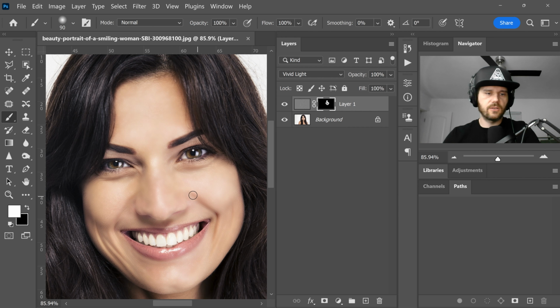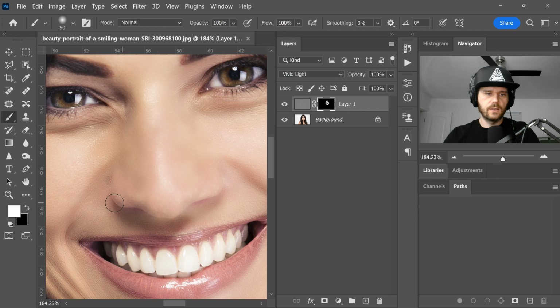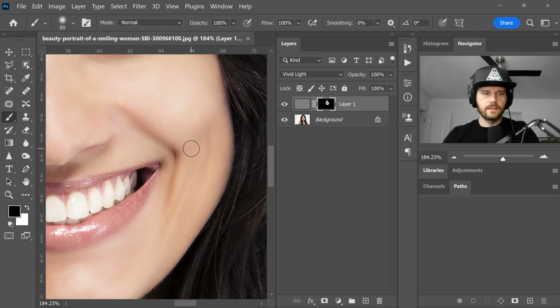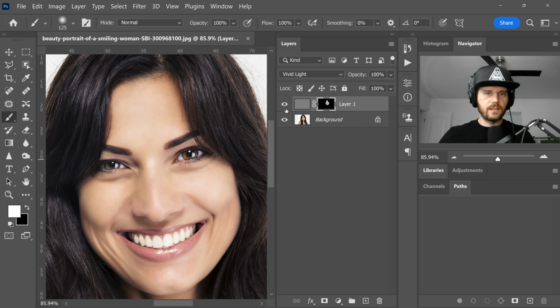Now, anywhere that there's an edge, like right here at the bottom of the nose, you want to be careful because if you blur that too much, you're going to lose some of that definition. So I'm going to hit X, and I'm just going to make sure that that line under the nose is defined. Same with this crease right here. And look at that. And if I toggle this layer on and off, you can see that's before and that's